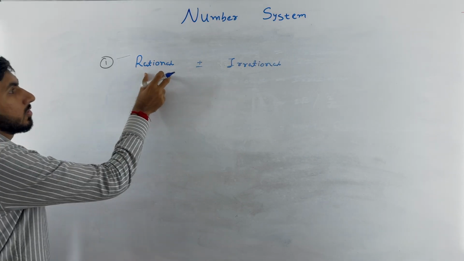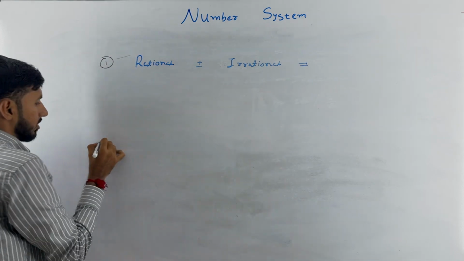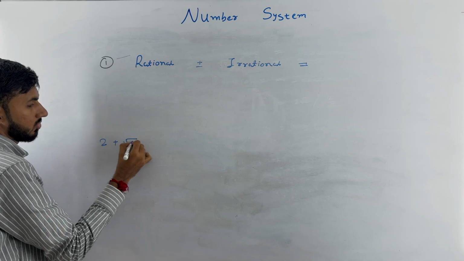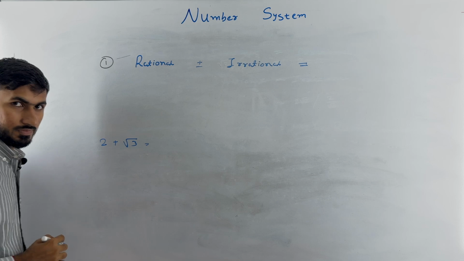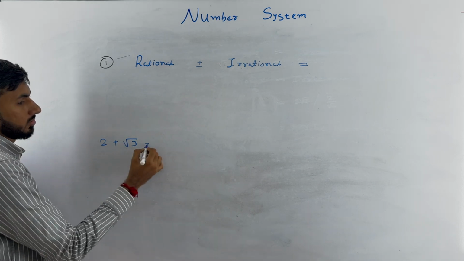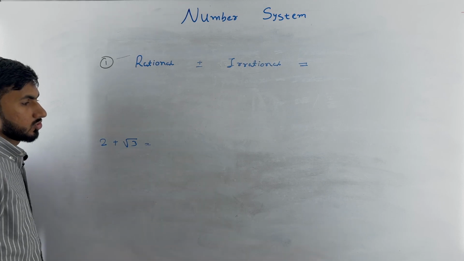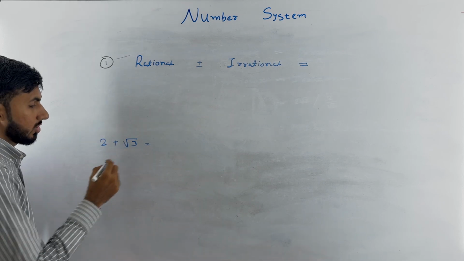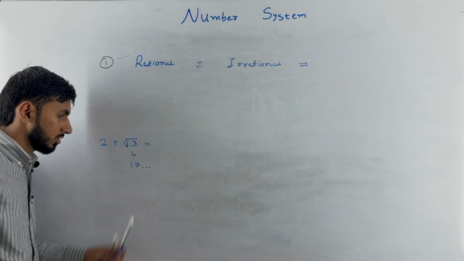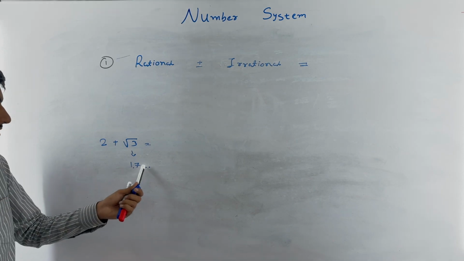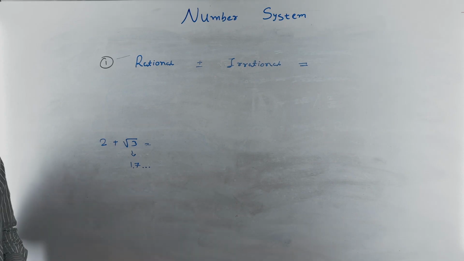What if I add one rational number with an irrational number? What will be the answer? Rational or irrational? Irrational. Let's say I want to add 2 plus root 3. The 2 is rational, root 3 is irrational. What will be the answer? So the answer is irrational, right? But I want to show you that the answer is irrational. What I will do is, the value of root 3 is 1.7 and all the digits after the decimal place. This is a non-terminating and non-repeating number,